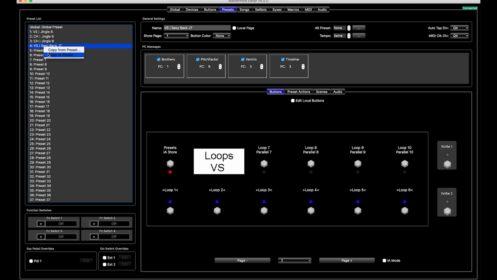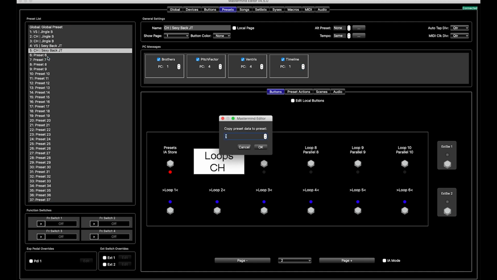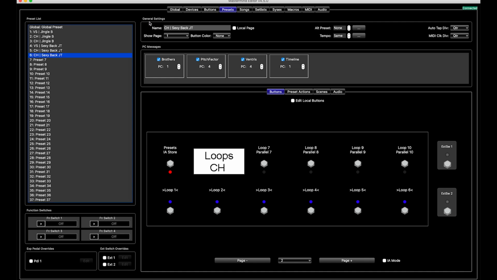We're going to do the same thing, copy to preset number 5. We're going to call this chorus. And we're going to bring the pitch factor down to 4, Ventress up to 4, timeline down to 1. Same thing, copy to preset number 6. I'm going to call this bridge. So now we have 2 songs worth of presets programmed, but now we need to assign these presets to an